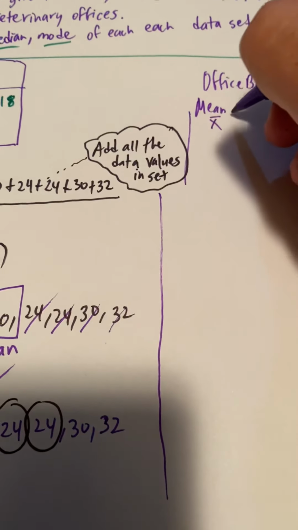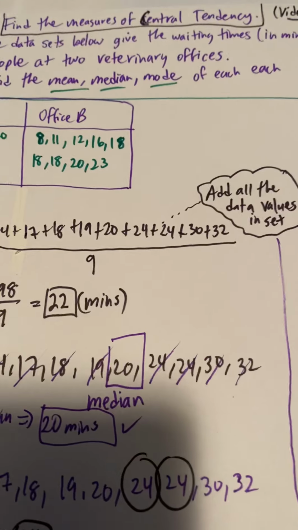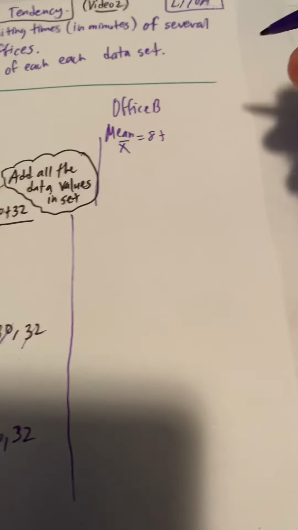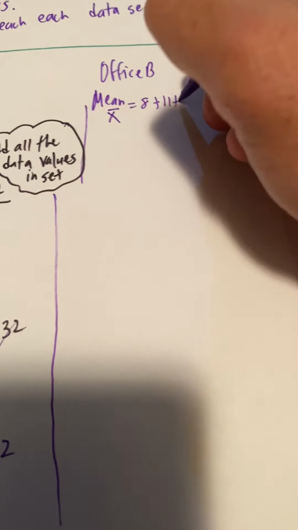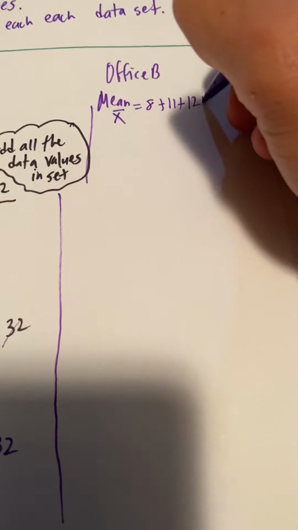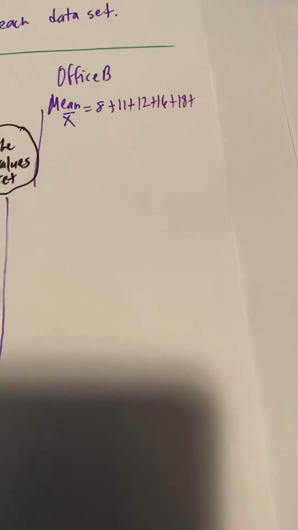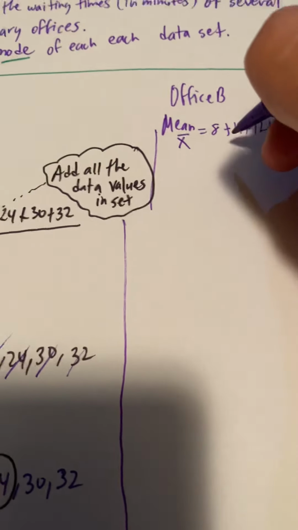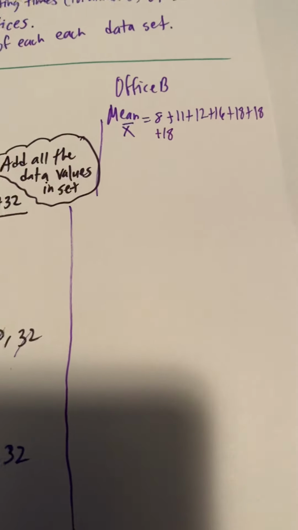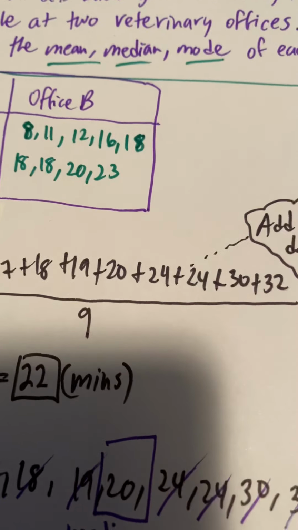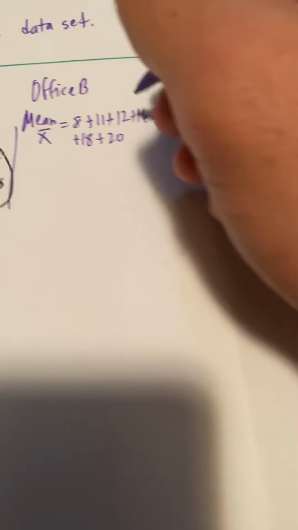So again, X bar equals, and we're going to use this data set. So we're going to be adding all the data: 8, 11, 12, 16, 18, 18 again. And since I ran out of room, I'm just going to continue with 18 there. So all of this is in the numerator. And so the 3 18s there we have here, plus 20, and finally, plus 23, all over